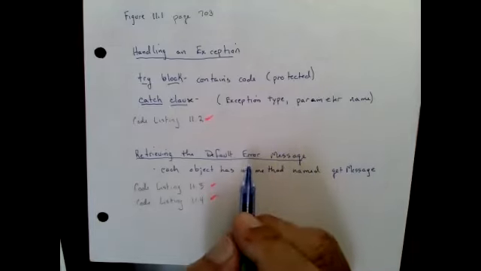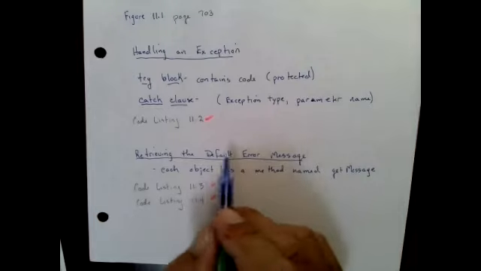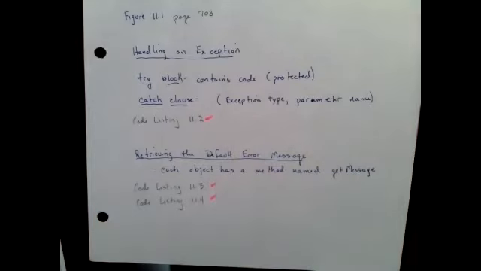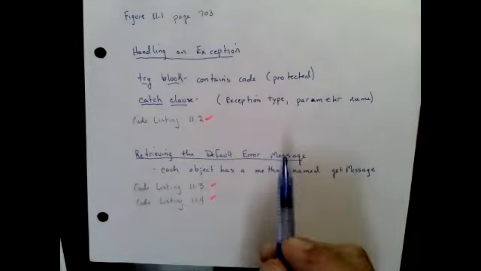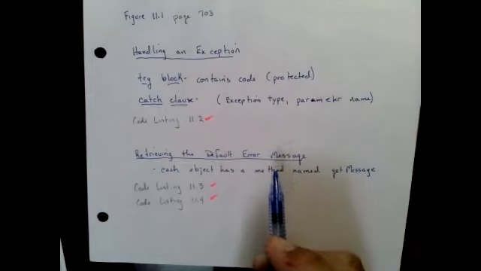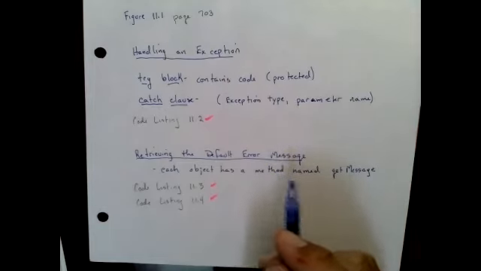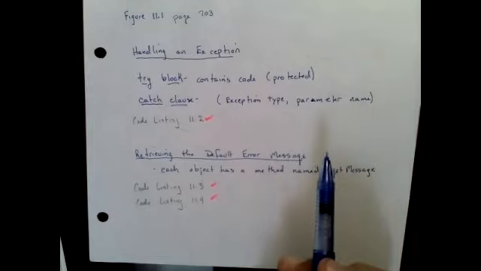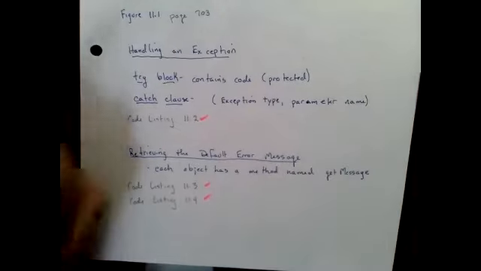So this is what I was just talking about. Retrieving the default error message. Well, we're going to be able to get method calls from the object, like we just saw the object e. So let's take a look at